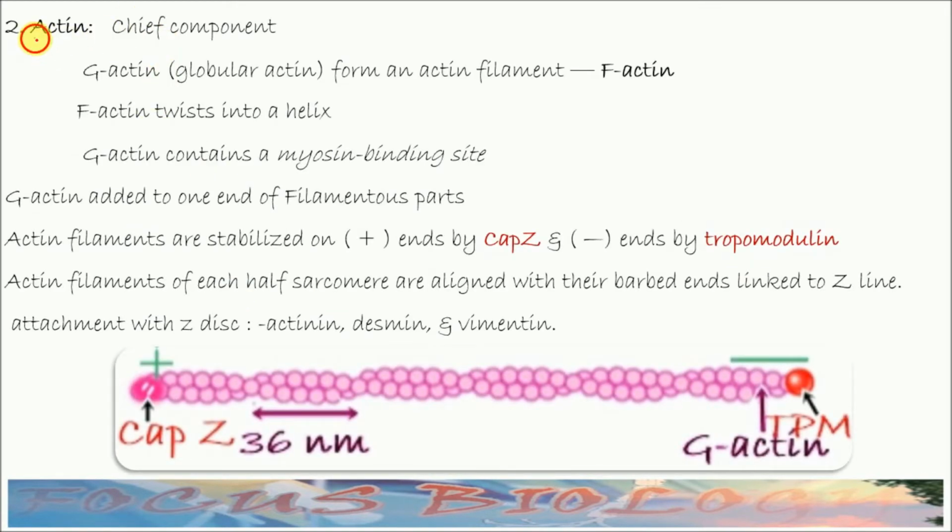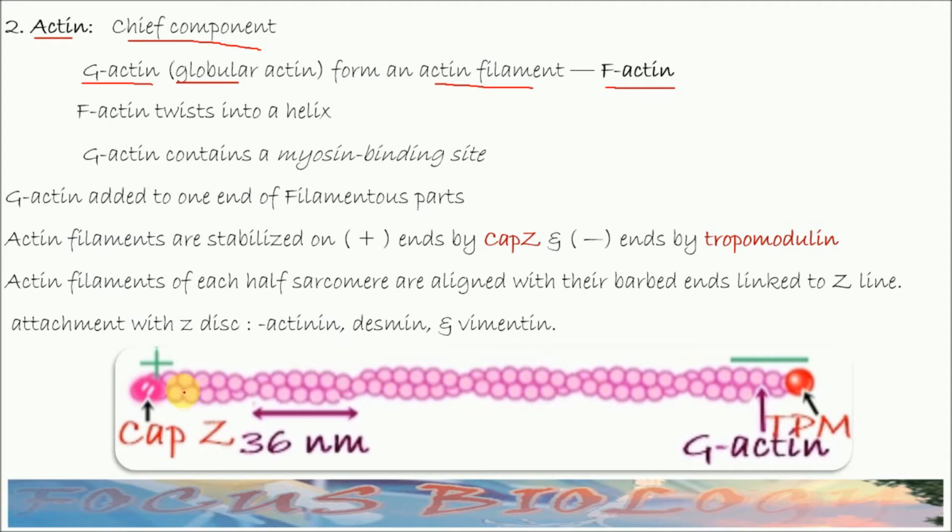Now actin, it is the chief component of thin filament. Actually actin is made up of G actin. G stands for globular. G actin forms an actin filament called F actin. Here F stands for filamentous, filament. So this is the one filament, here it is,